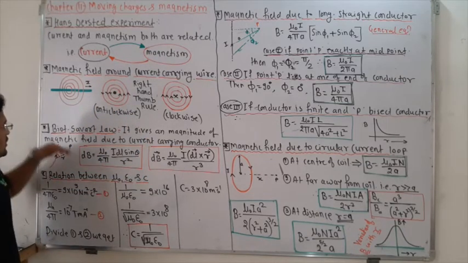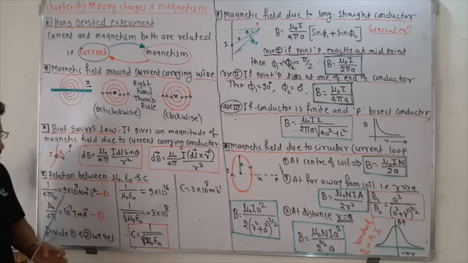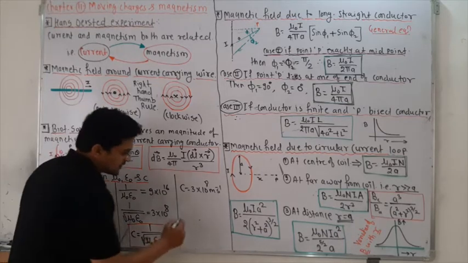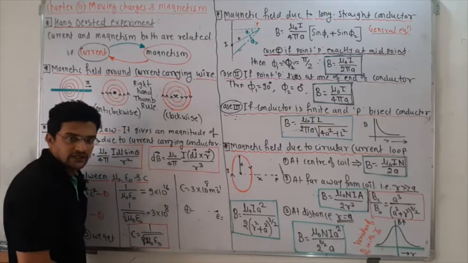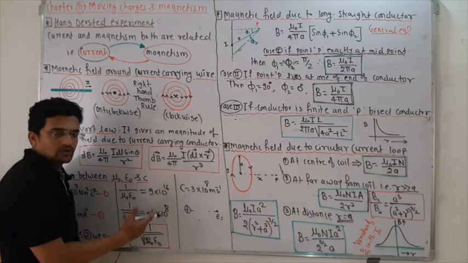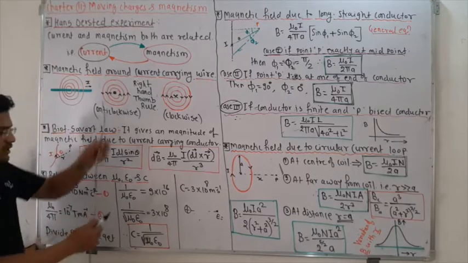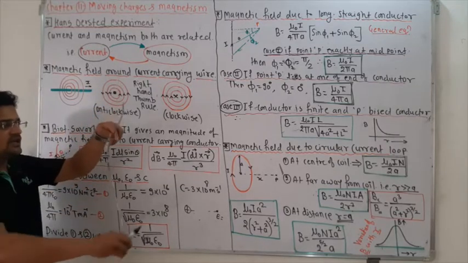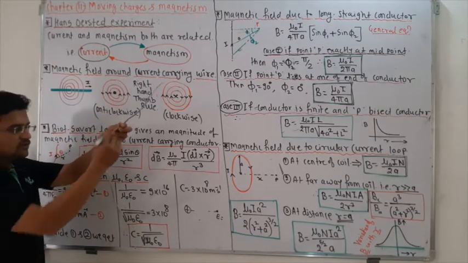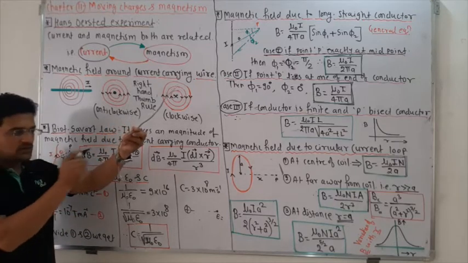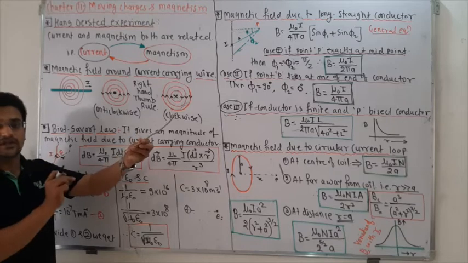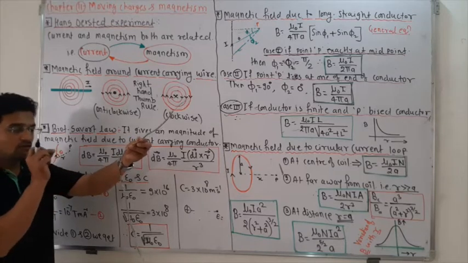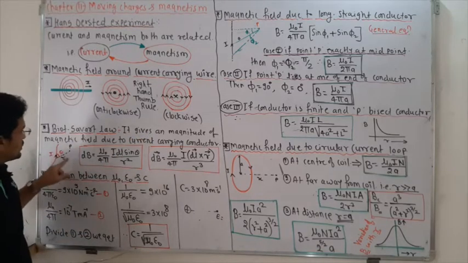Okay, next is Biot-Savart law. Unlike the first topic, that is charge, where due to the charge, to find the electric field we use Coulomb's law, here in the same way, if it is a current carrying conductor, maybe of any shape, and the current is flowing, then at some distance from the conductor, what will be the magnetic field strength, what will be the magnetic field value at that point, is given by